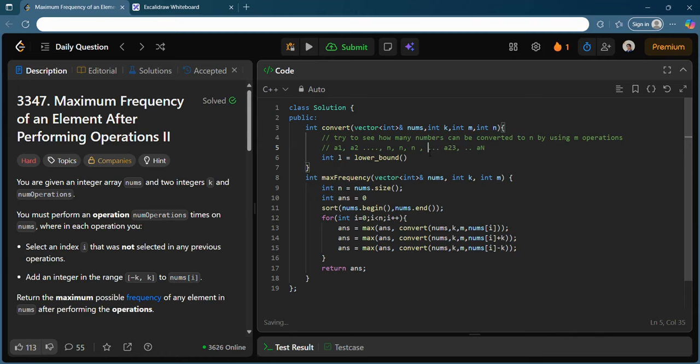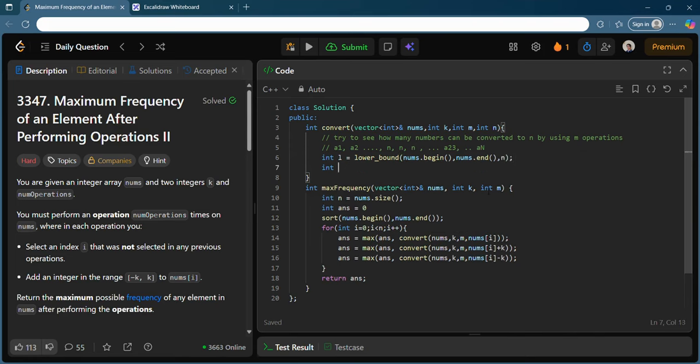It goes without saying that the array is definitely sorted. So you pass nums.begin, nums.end, and you pass this n. You want to find the lower bound of this n, and the right one you can get easily by writing the same thing with upper bound.